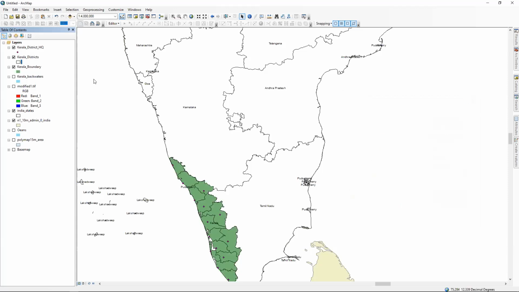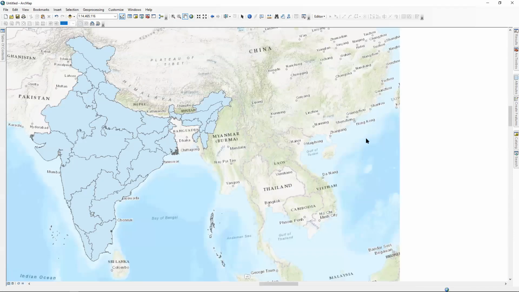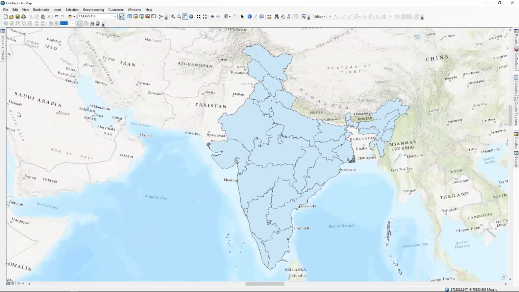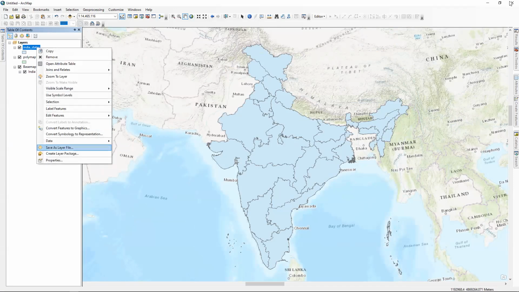So I have the boundaries, I have the entire Kerala. If you want oceans, I have the ocean file here. So I have all of the information required now. I will teach you exactly how to do this. I will just close this, or else I can keep this live. Right now I will show you something else also. This is called a base map, and this is the file I have. Right now I will show you two things. This is the India states map I have right now. If I right click on the properties,